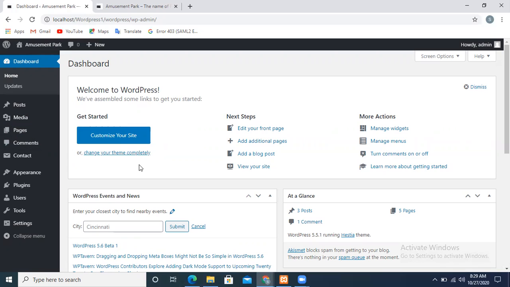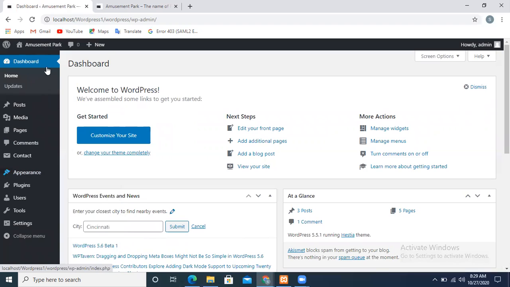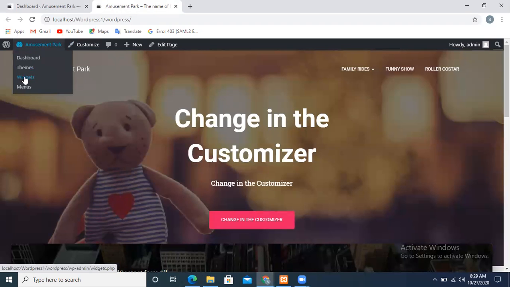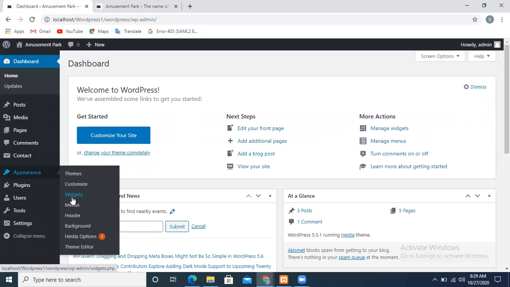Now we are moving forward towards the third objective of today's lab, which is managing widgets. You can open widgets by going to Appearance, or you can also view your widgets here. In the view of your website, you can also get the widgets tab, the menus tab and the themes tab. First of all, I would like to access my widgets tab by using Appearance and then clicking on Widgets.